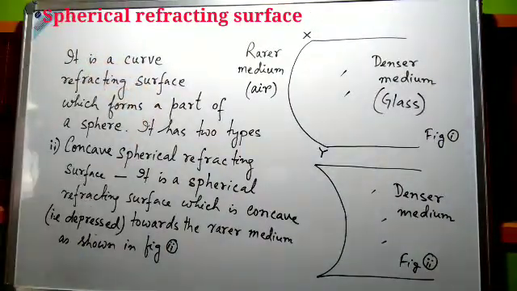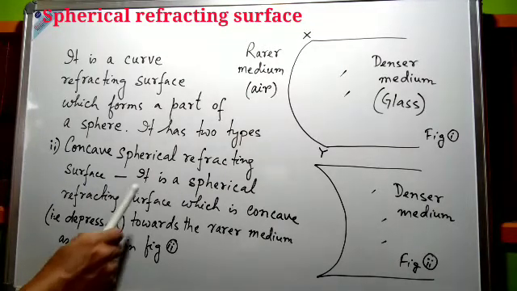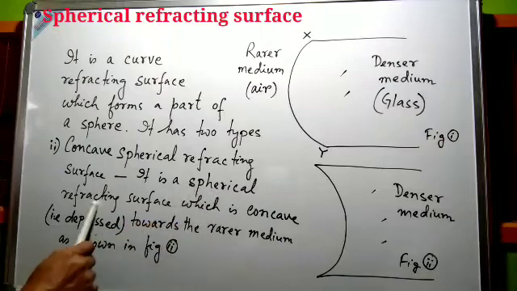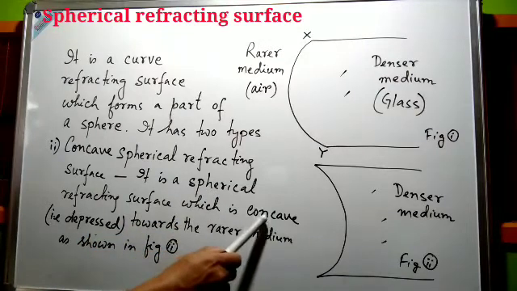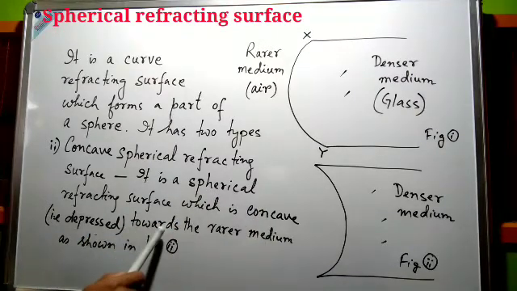And Roman number 2, concave spherical refracting surface. So we may define like this. It is a spherical refracting surface which is concave, that is depressed towards the rear medium as shown in figure